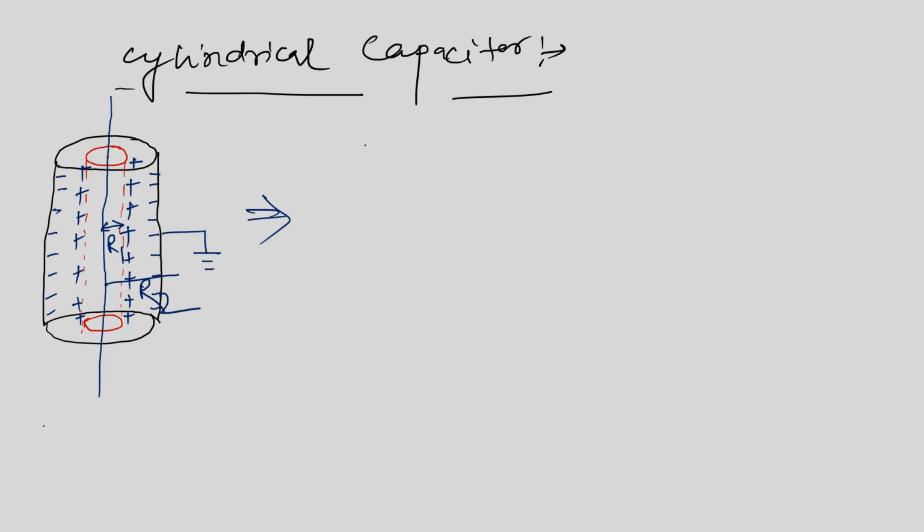Now, for the case of a cylinder having a charged surface, you know how to calculate the electric field for the case of a cylindrical surface. Remember the applications of Gauss theorem. There you have studied that the electric field for a cylindrical surface is equal to lambda divided by 2 pi epsilon naught multiplied by the radius. In this case, we are taking the radius as small r, as it is the general expression.